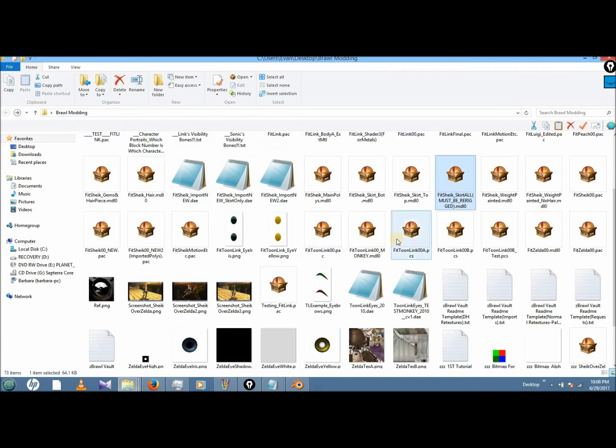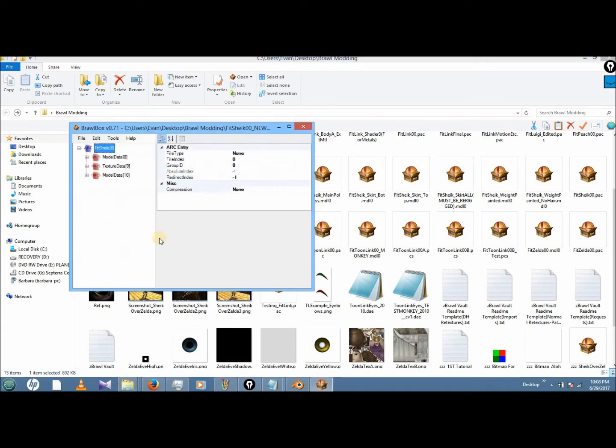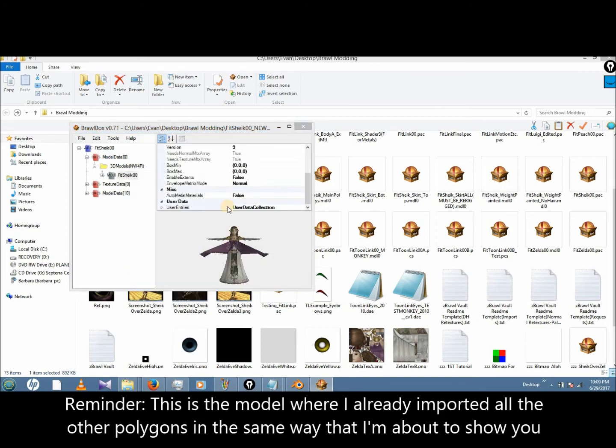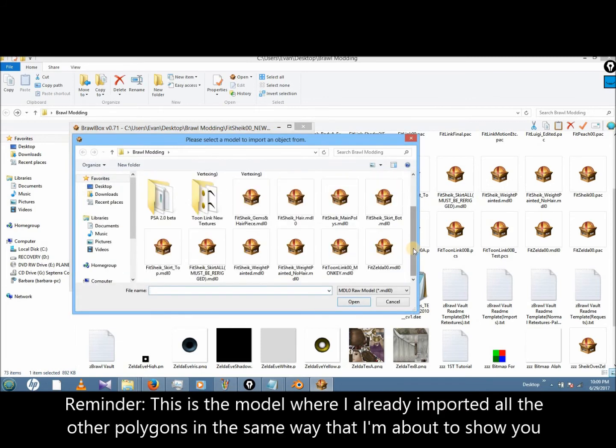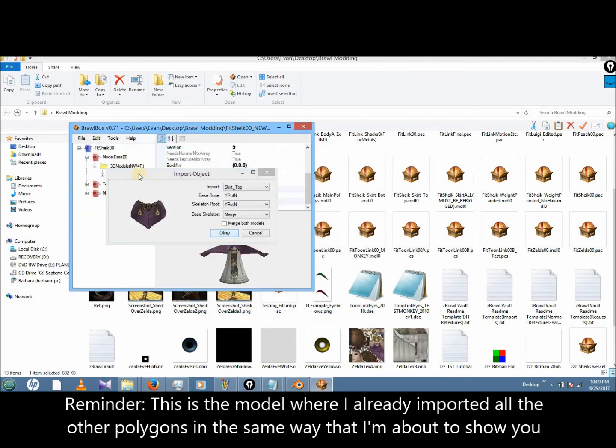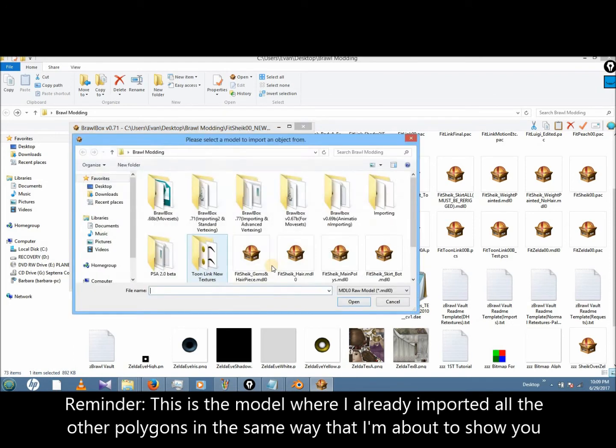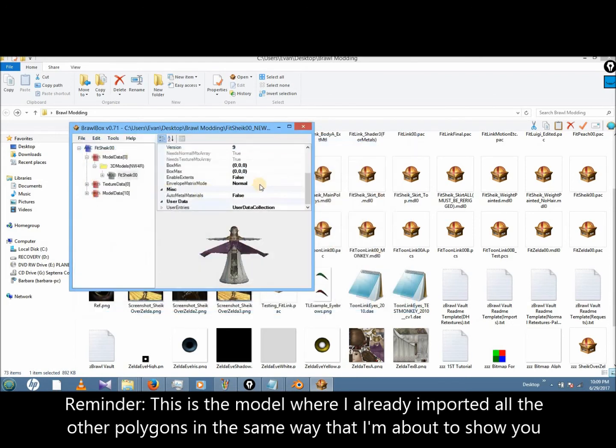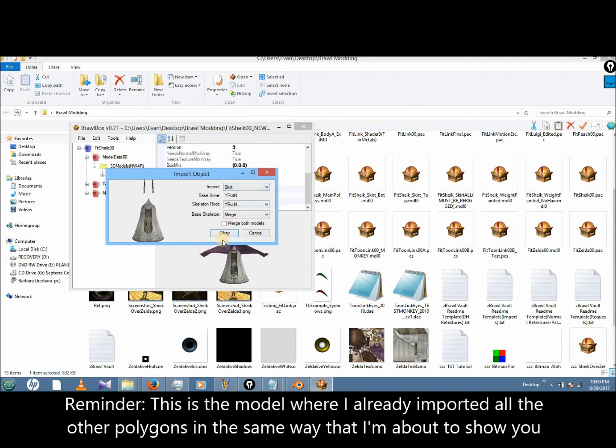So now that the skirt is finally fixed in both ways, now I can go back into Brawlbox and import this new MDL0 via the import new object command. So it's that one, and then skirt top, and skirt, those two.